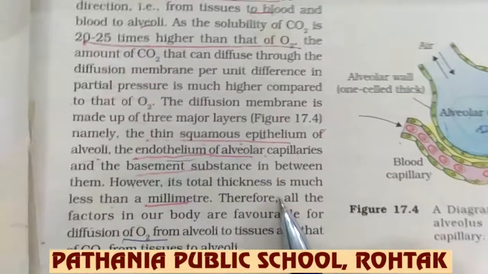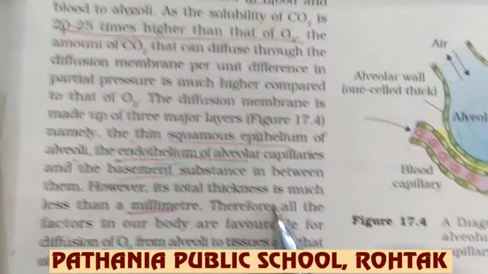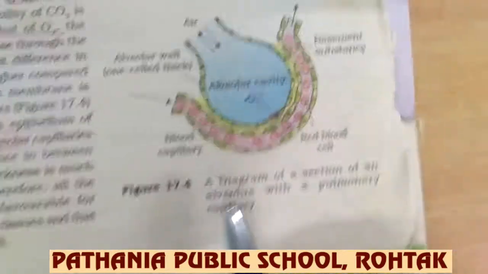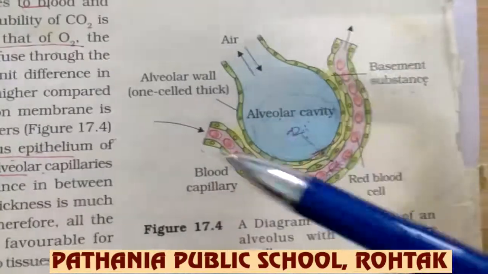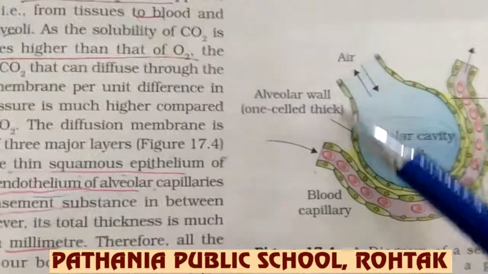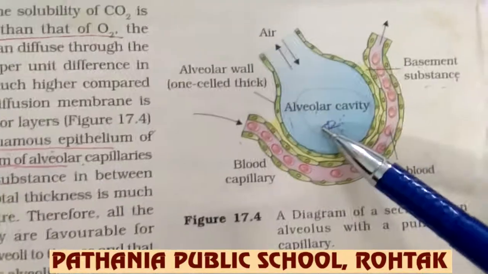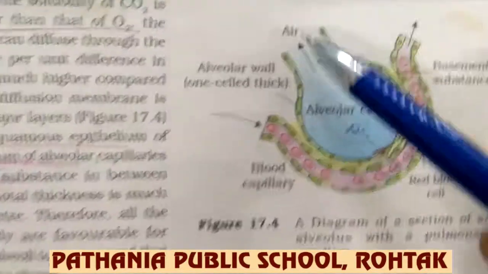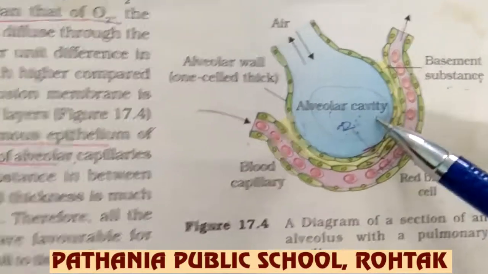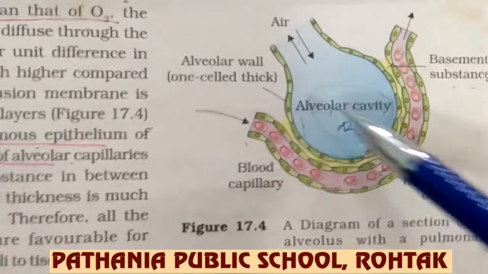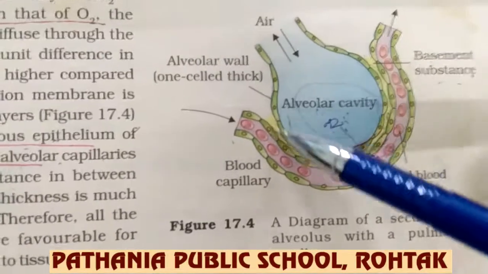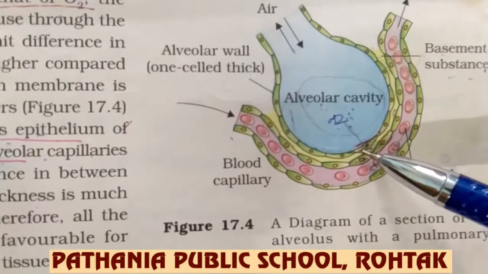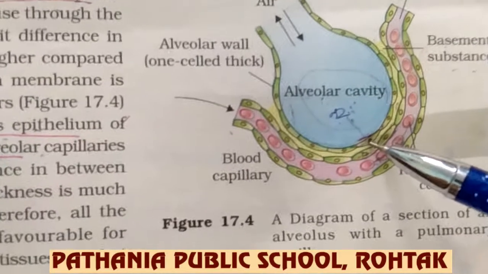Now we are coming to how many membranes there are through which the diffusion of gases takes place in the alveolar sac. Here the structure of the alveolar sac is shown. This is one alveolus, and this is the alveolar cavity, in which the air is coming in and moving out. This is the pure air which will get filled into the alveolar cavity. Now the wall of the alveolar cavity is bounded by squamous epithelial tissue,